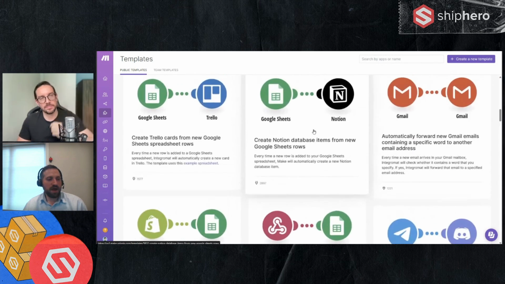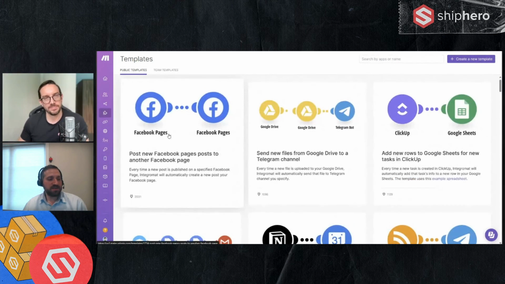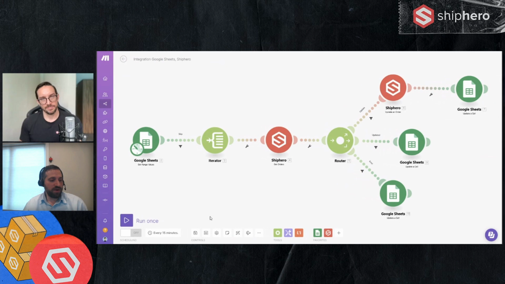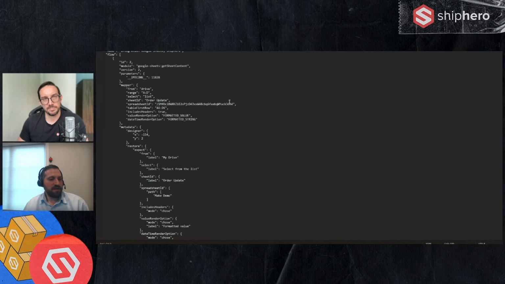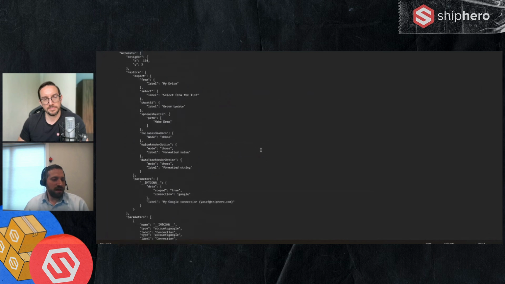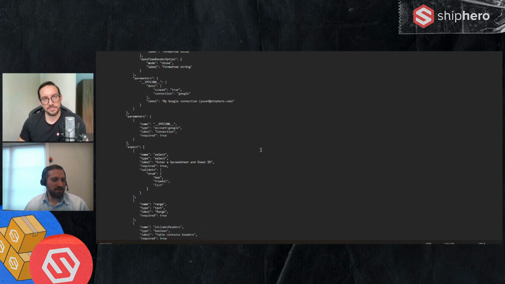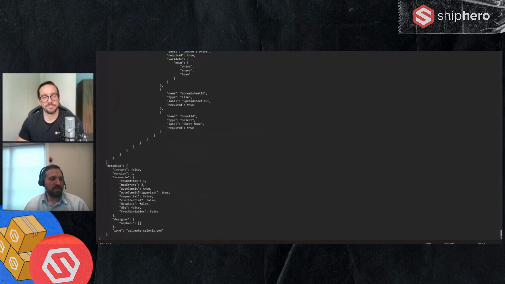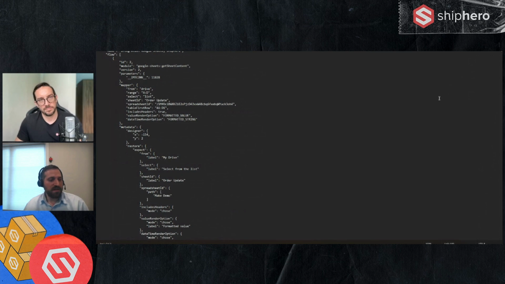Another nice thing you can do is every scenario that's built can be pretty easily shared. The way to do that is to go into the scenario and export the blueprint, and the blueprint is basically a JSON file that defines the scenario. So this can be shared. You can send it to somebody. They can just import it and paste it into their scenario builder, and it will add all the modules. So this is a great way of sharing a scenario that you built, if you want someone else to use it or see it. Those blueprints can be exported and sent to anybody.